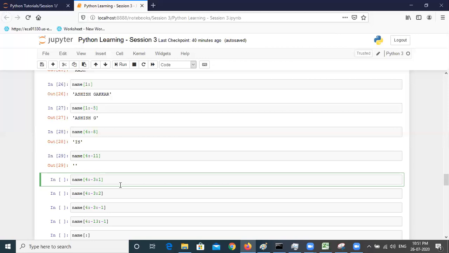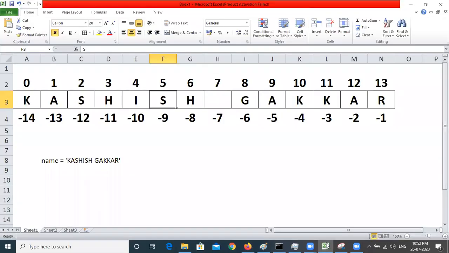So what does it mean? If I go to Excel, +1 means you are jumping from left to right, and I've written 1, so it will go from 0 to 1, 1 to 2, 2 to 3. But if I write 2 in the step value, which is +2, then from 0 it will go to 2, from 2 to 4, then 6, 8, 10. If I've written 3, from 0 it will go to 3, 6, 9. I hope that is clear.